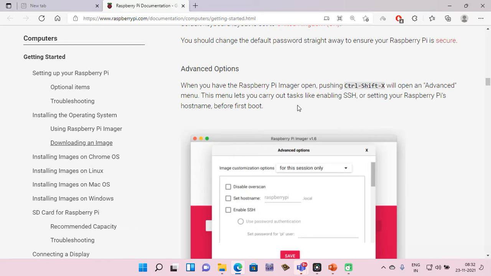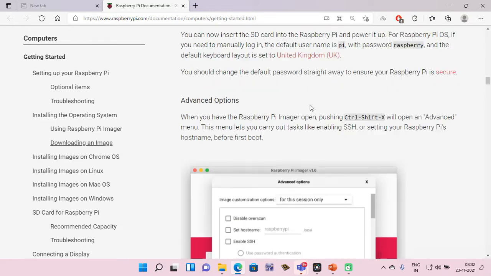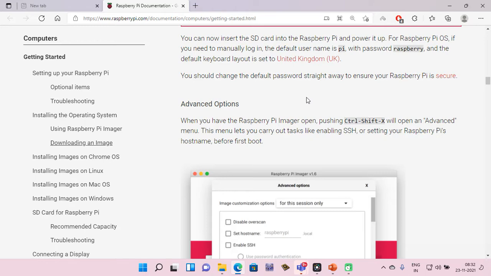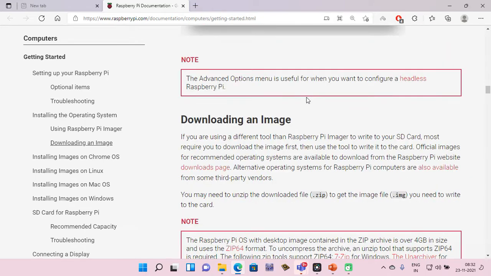This menu lets you carry out tasks like enabling SSH, or setting your Raspberry Pi hostname before first boot. So these are some advanced features that you can set up when you set up the SD card. The advanced options menu is useful when you want to configure a headless Raspberry Pi.